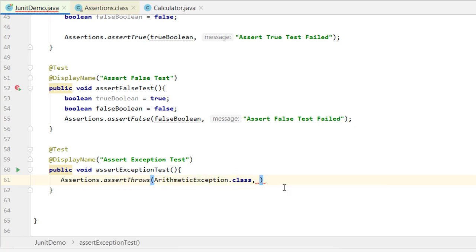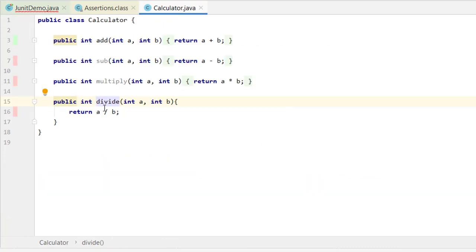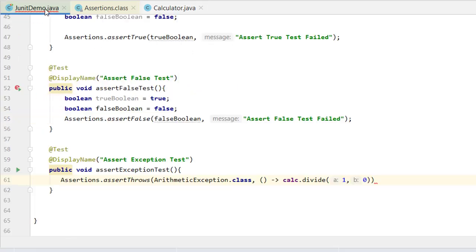Now let us write one lambda, and the lambda will be calc.divide with the arguments 1, 0. In our calculator class we have this division method, which is a divided by b.